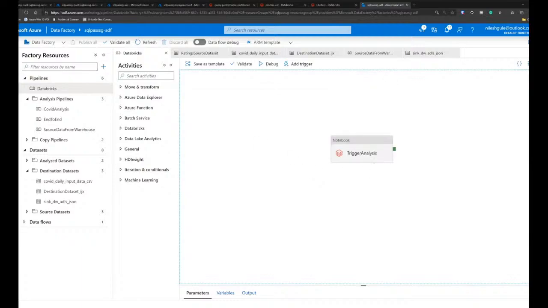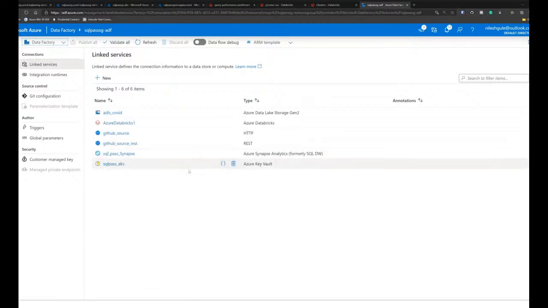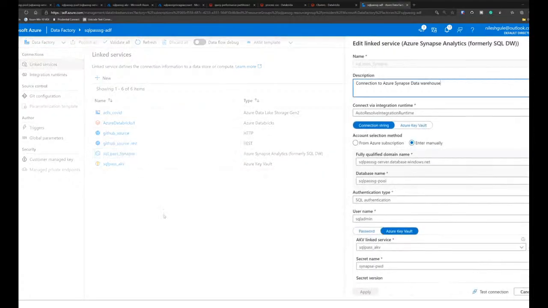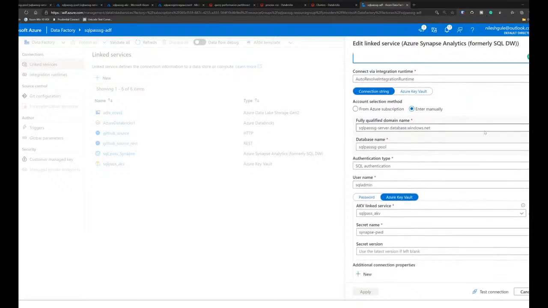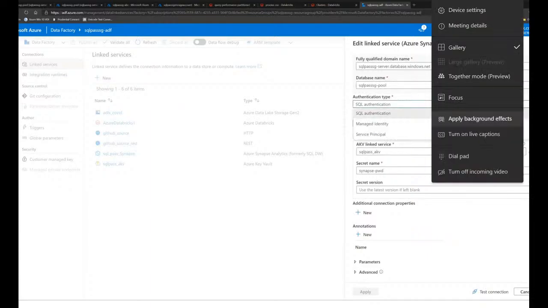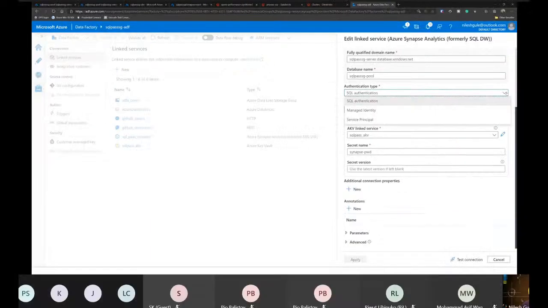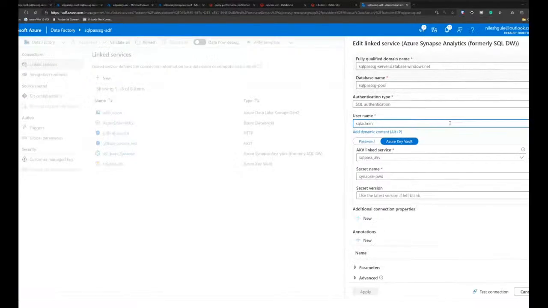What I want to show is the other part, where I want to get data from the SQL data warehouse into Data Factory. For that purpose, I need to create a connection, or the linked service, and I've established a connection here. Let's walk through the properties of that. I'm using the auto-resolver runtime to host this linked service. I can get the service name from my Azure subscription. So I'm connecting to the SQL pool, and then I can specify which method I want to connect with: service principal, managed identity, or SQL authentication. In this case, I've chosen SQL authentication, and I need to provide the username and the password.